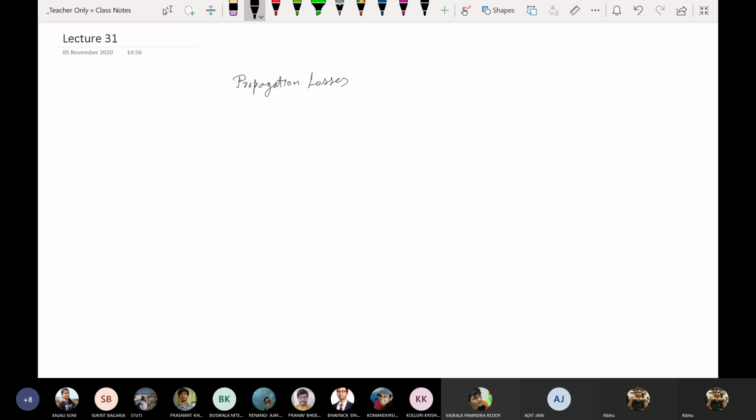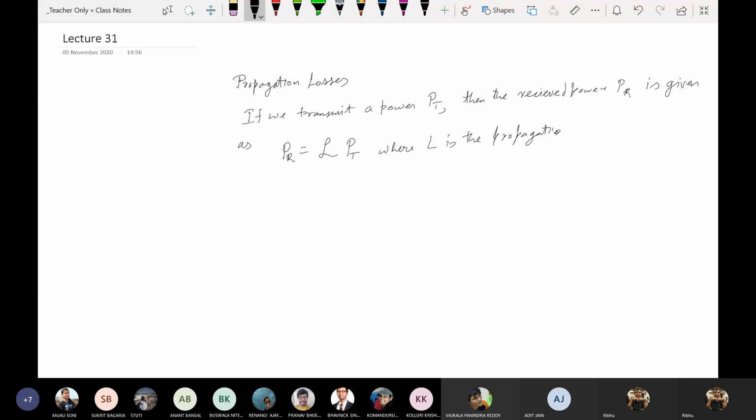the propagation loss. So if we transmit power PT, then the received power PR is given as PR equals L times PT, where L is the loss. This is the simplest possible propagation loss. There are other forms as well,